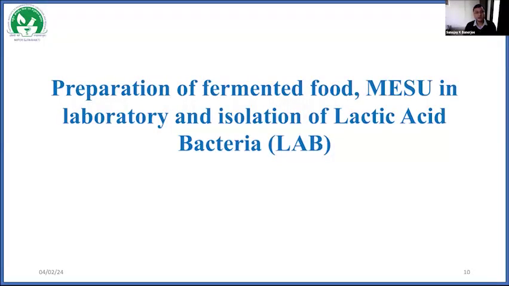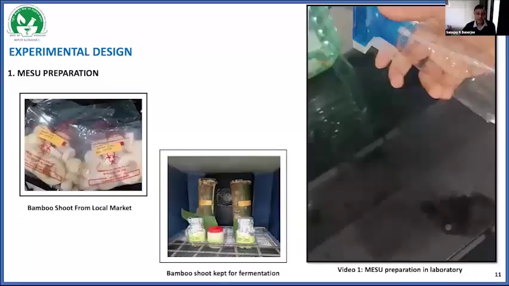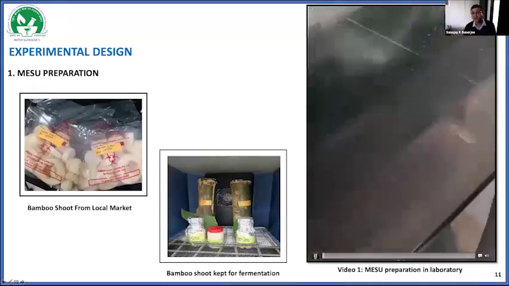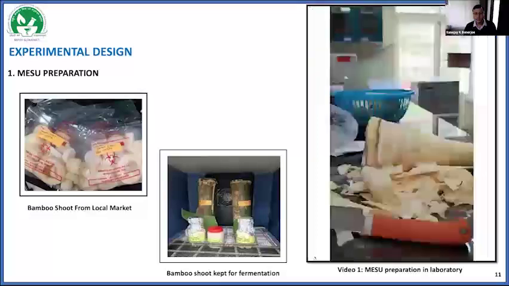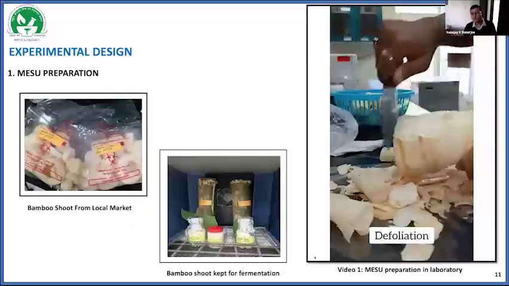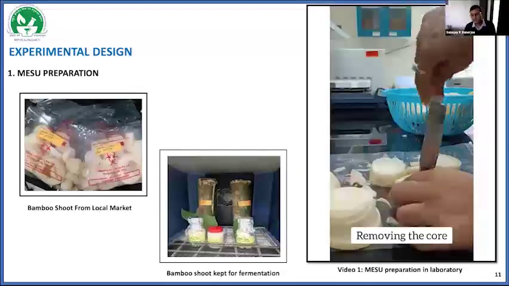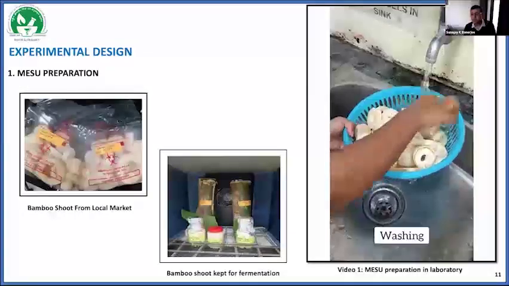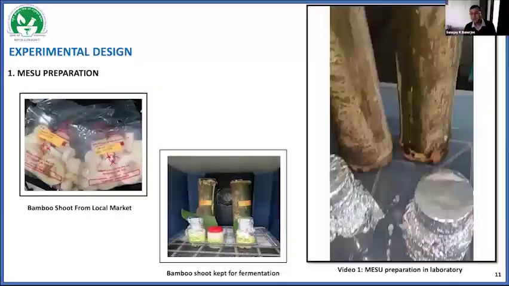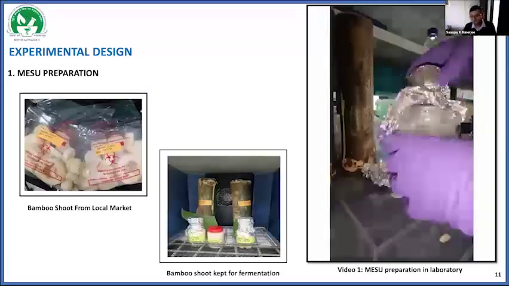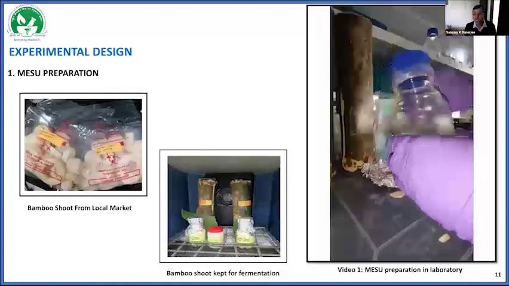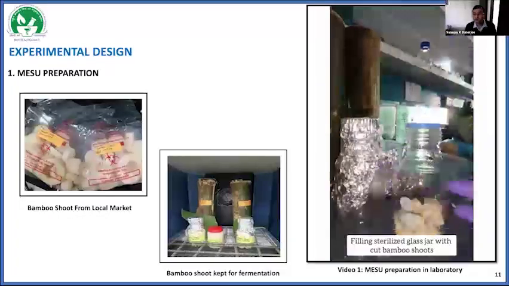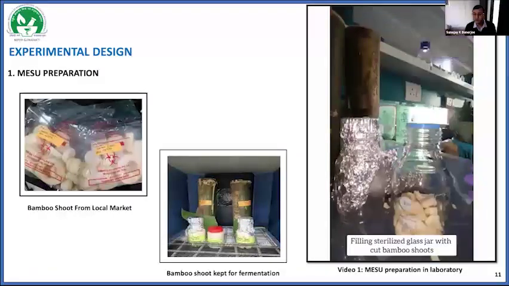So my job was to make the same fermented food in laboratory conditions, and to isolate different kinds of lactic acid bacteria from this fermented food. Here I'll show a small video of how we prepared these bamboo shoots in our laboratory. We collected the bamboo shoots from the local market. We defoliated them, cut small round pieces, then removed the core part, as you can see. Then we washed them in tap water, and we had this bamboo gum and also one glass jar. We cut the bamboo shoots into small pieces and put them first into the glass jar,